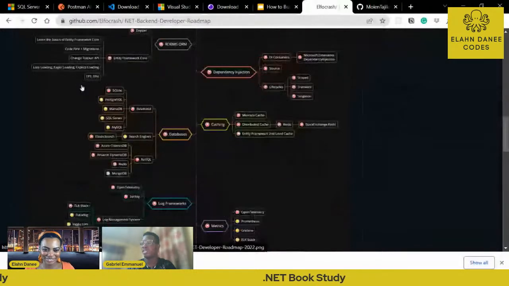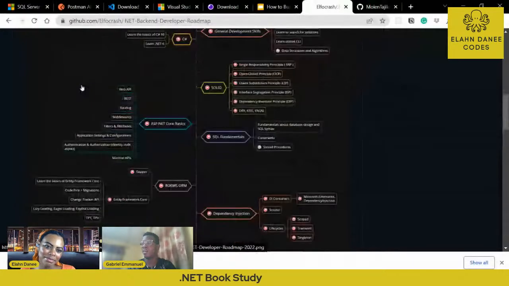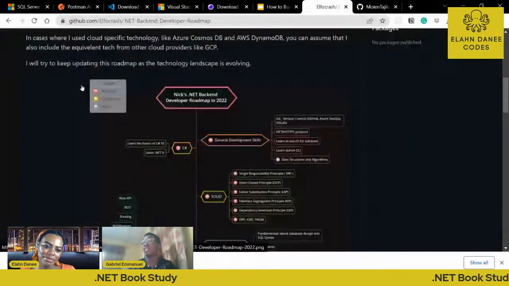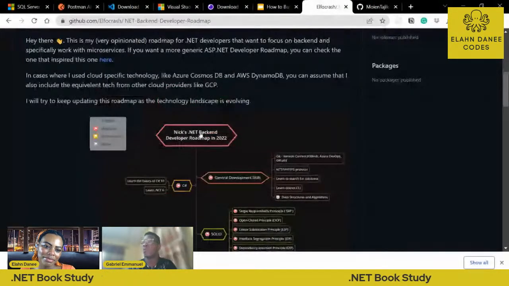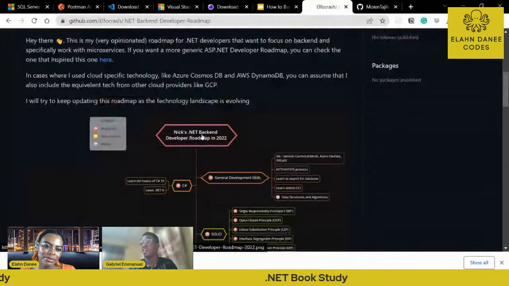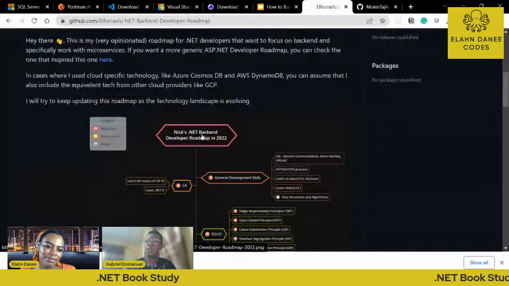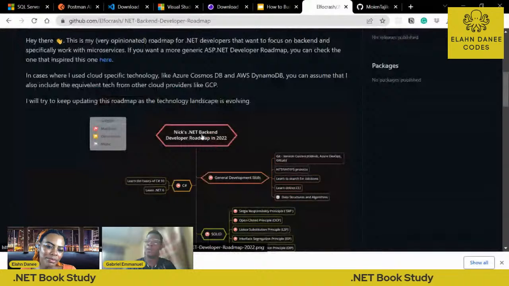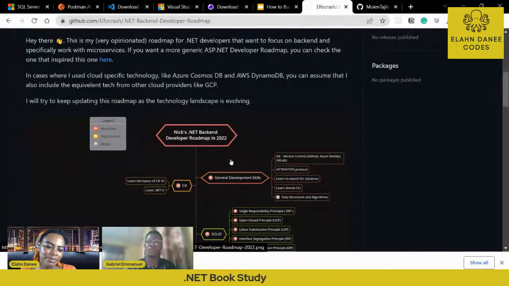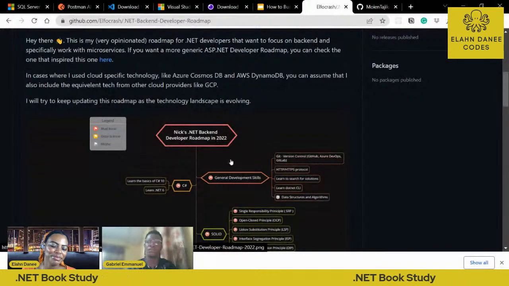So we're just going to make this an API where you could upload a roadmap, which is CRUD verbs, right? So CRUD creates